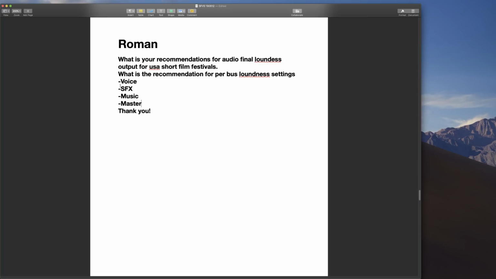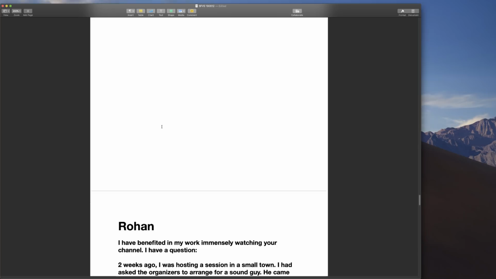The reason I say don't worry as much about the music, sound effects, or the voice buses is that that's where your creative freedom comes in. So you have the freedom to move those around relative to one another. That's why I don't think it makes sense to hit a target for those. You just do your mix using your creative sense and your sound design sense to determine where you want those relative to one another. Then you take the overall mix, the master bus, and loudness normalize that to where you want it. So great question,